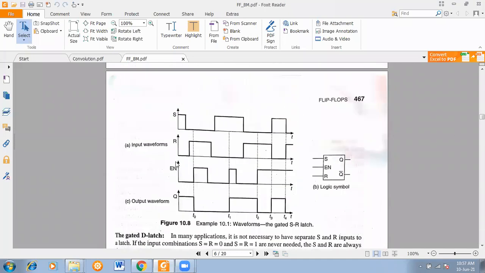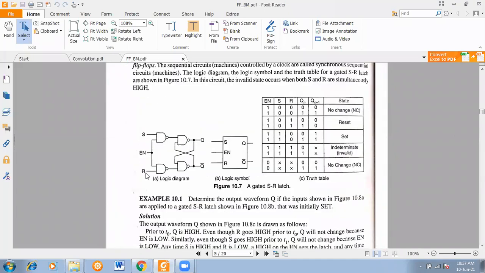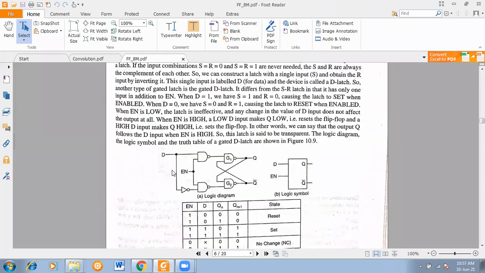Okay, just like see here, S is directly connected, R also they are connected separately. But here पे क्या है? D basically they are complemented inputs. D directly coming to the upper NAND gate, and D bar is coming to the lower NAND gate. So externally we can assume we are having a single input as D. Okay, so see here, this is a symbolic representation of the D flip flop. Externally we can think that we only have a single input, that is D, and the other is the clock input, that is the enable input. Okay, so two outputs are there, Q and Q bar.